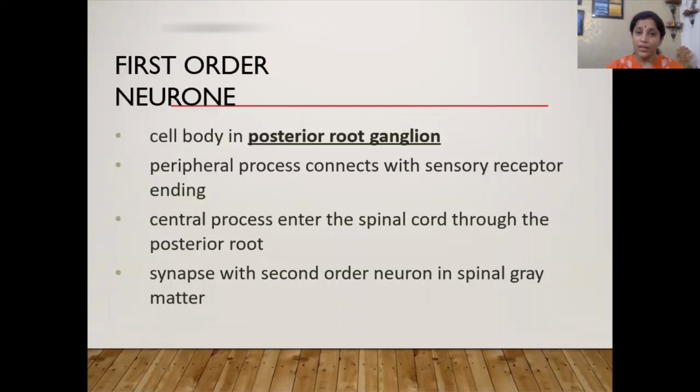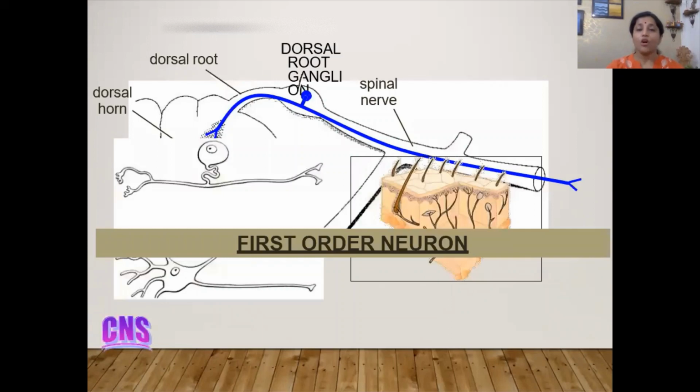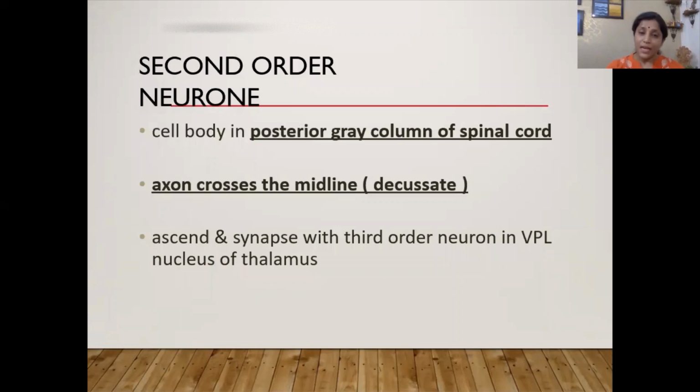Okay. Now here, when it terminates at the dorsal horn, then the dorsal horn becomes the site of origin of the second order neuron. You can see it very well through this diagram, how from the skin, the first order neuron originates via the dorsal root ganglion, comes and terminates on the dorsal horn of the gray matter of the spinal segment. Now, the second order neuron originates at the dorsal horn, and it is very important that here the second order neuron crosses to the other side of the same spinal segment.